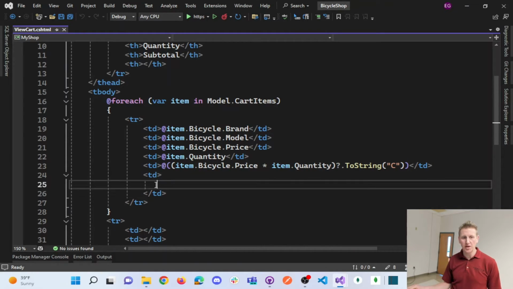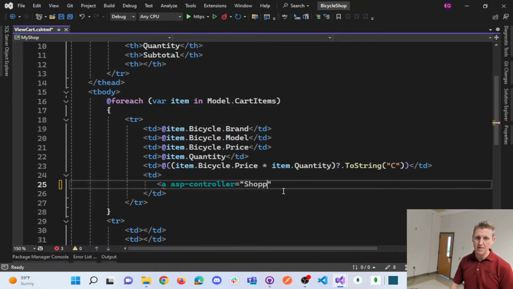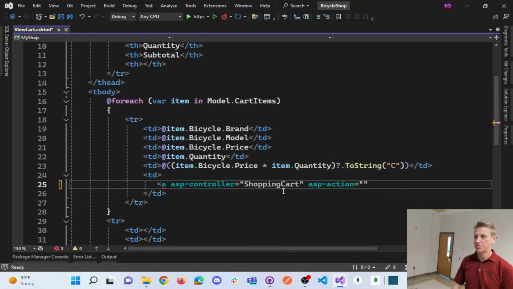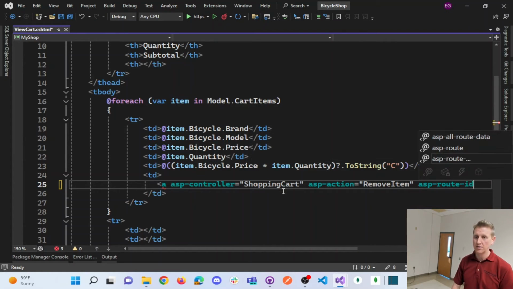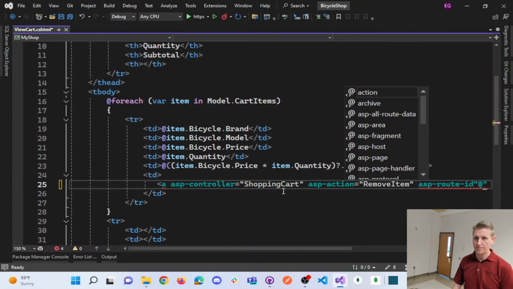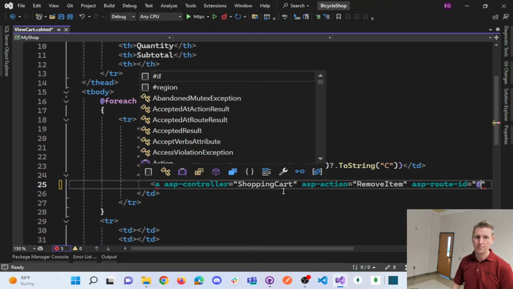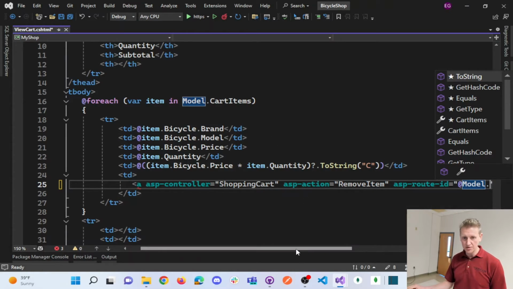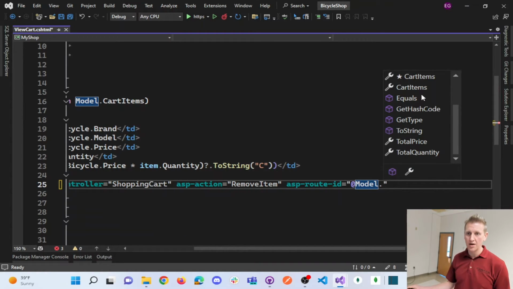And so here I took that link out. I'm going to write a method to do this, which is going to be my shopping cart controller to remove item. You're going to have to give it a route ID. And that is going to be, now our model has